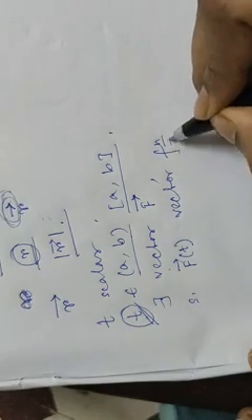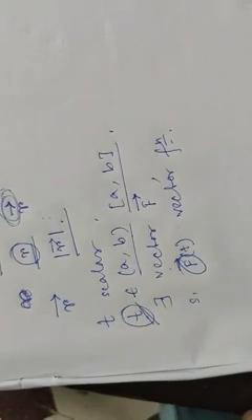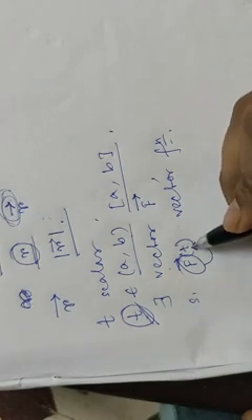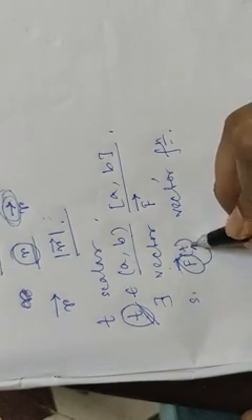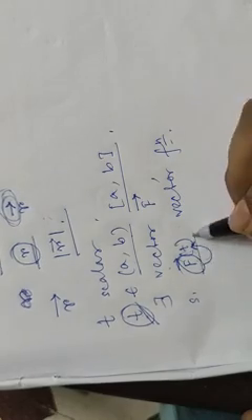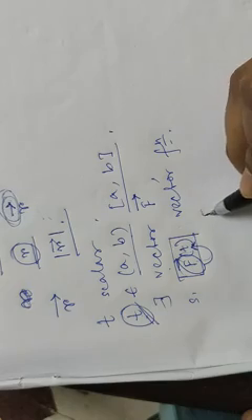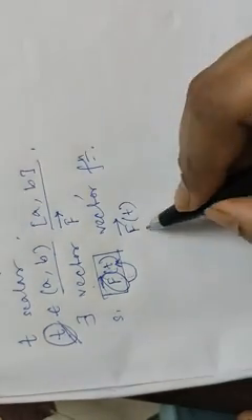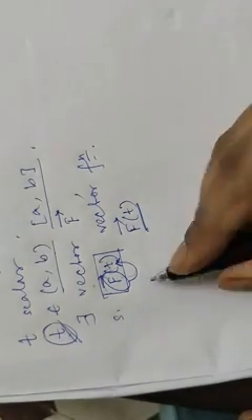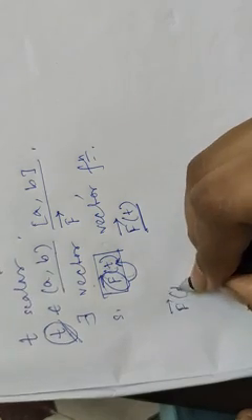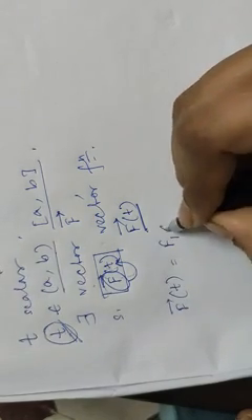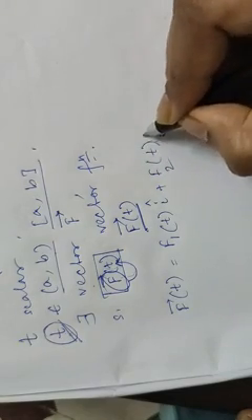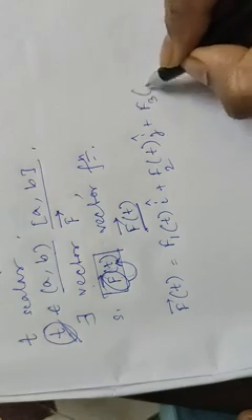That means here this F, which is a vector, is a function of the scalar variable t. That means we will put different values of t and we will get different values of the whole vector function F(t), and it is denoted by this. Now this vector function F(t) can have a total of 3 components. That is, F(t) can be represented like this: f1(t) i cap plus f2(t) j cap plus f3(t) k cap.